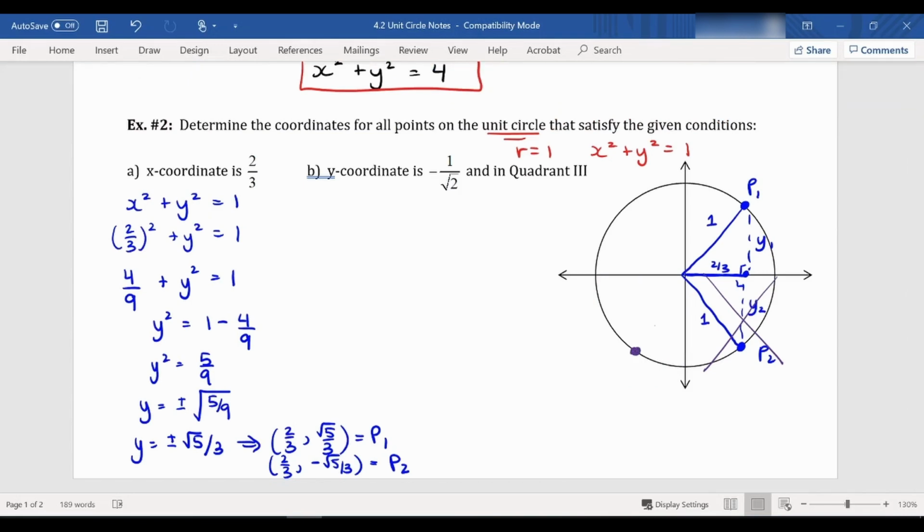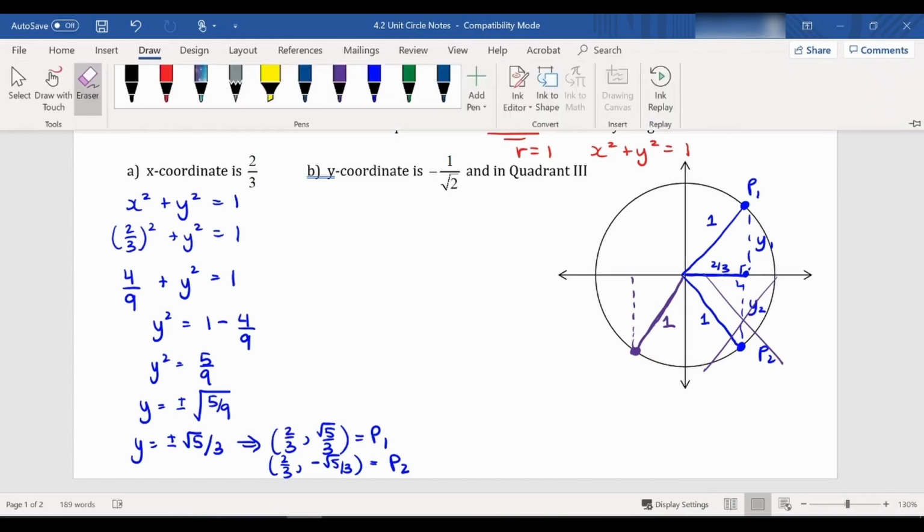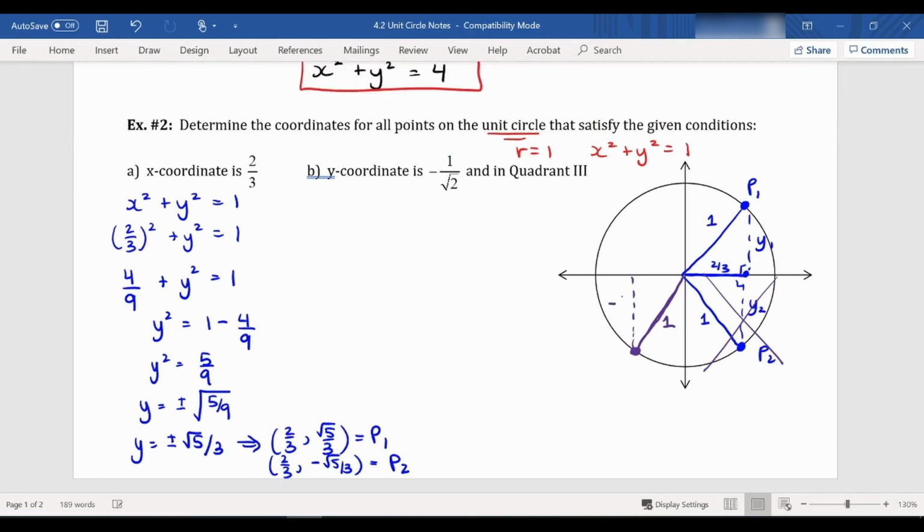Now, again, I know that I have a hypotenuse here of 1. If I make my triangle, a reminder that when you're drawing triangles in quadrant system, we should always be basing it off of the x-axis. So I should not be drawing a triangle over here ever. I should always be drawing my triangle using the x-axis as one of the arms of the triangle. Now I know that this coordinate here is negative 1 over root 2, but I don't know the x